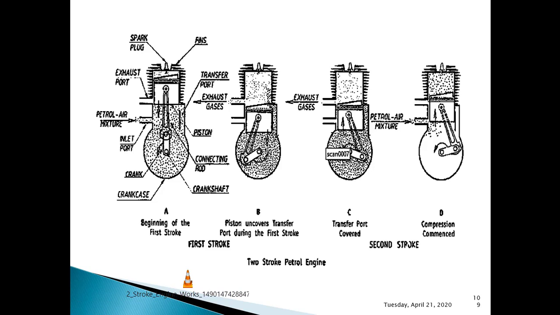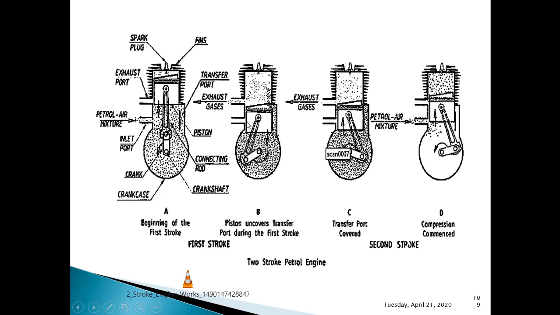Next, write the entry of air fuel mixture into the crankcase. For that we will directly start with diagram 4. When the piston starts to move towards top dead center from the bottom dead center, it uncovers this inlet port. As soon as the inlet port gets uncovered, the air fuel mixture from the carburetor will enter the crankcase through this inlet port, and this will continue until the piston covers this inlet port during the next descending stroke, which is shown in diagram 2.